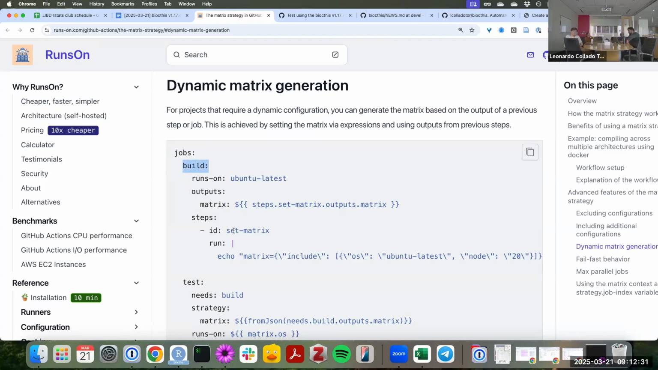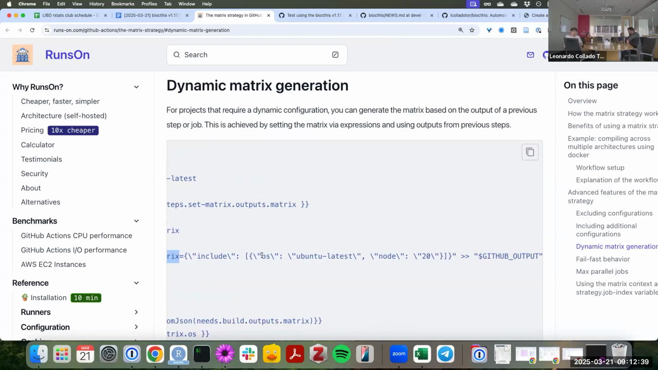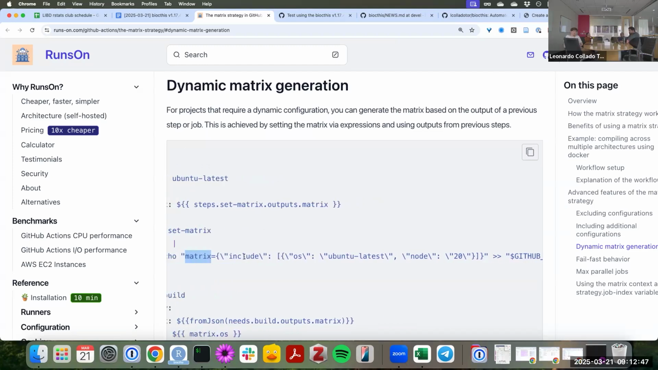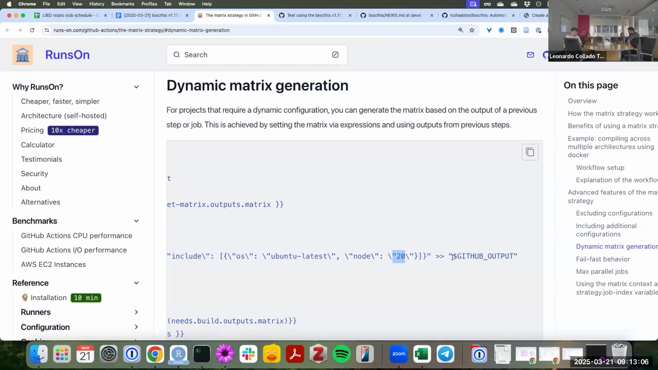Now, if you look at what's happening inside of that step, they're creating, again, the object matrix. The rest of it is actually a JSON syntax for specifying a little set of options. So here they're naming something called include. Inside of it is going to have the value for operating system, which will be Ubuntu latest. You'll have a value for node, which is set to 20. And they're exporting all of this into the set of output,